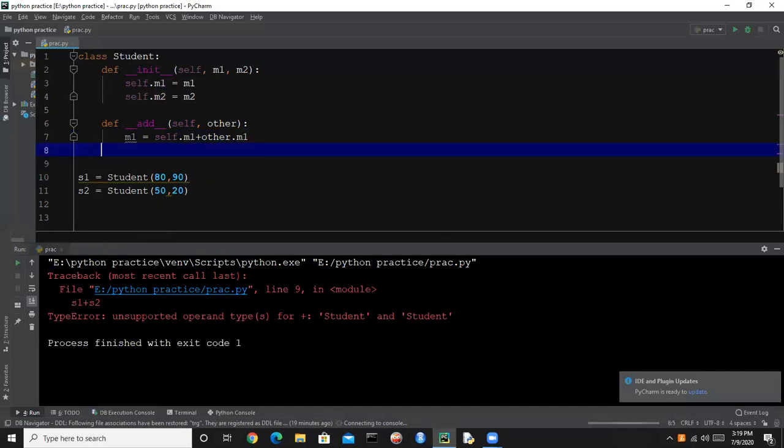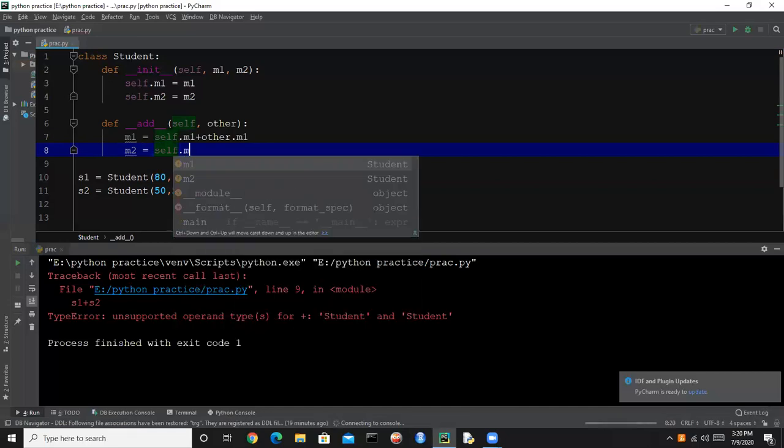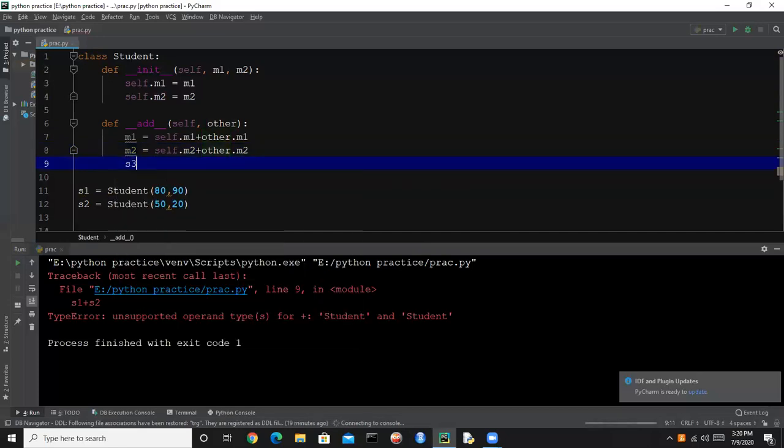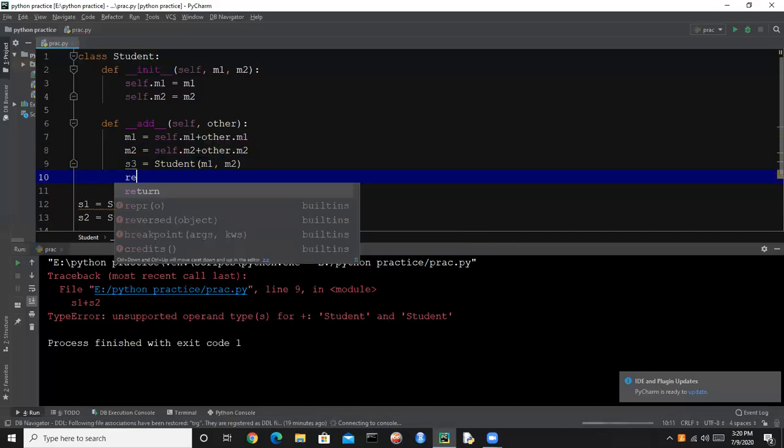And we can do m2 equals self.m2 plus other.m2, and let's say s3, and s3 is a Student, and in the Student constructor we are passing m1 and m2, and now we are returning s3.